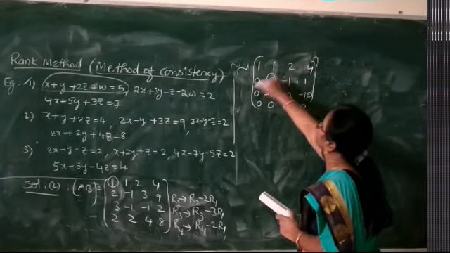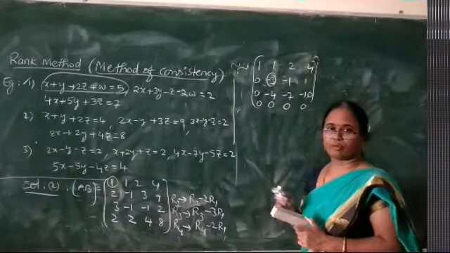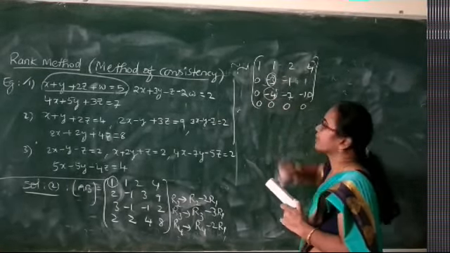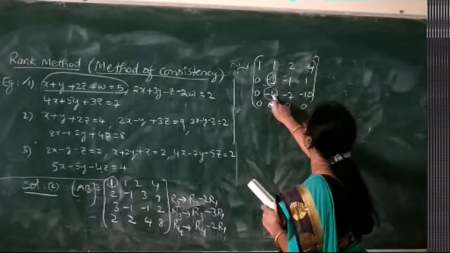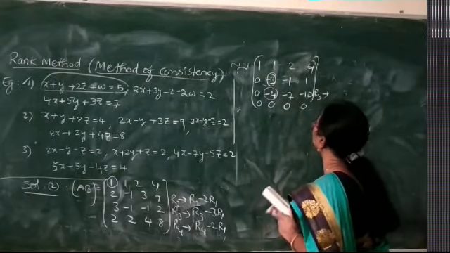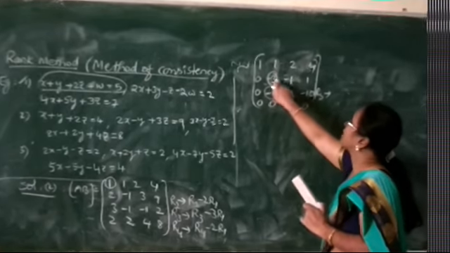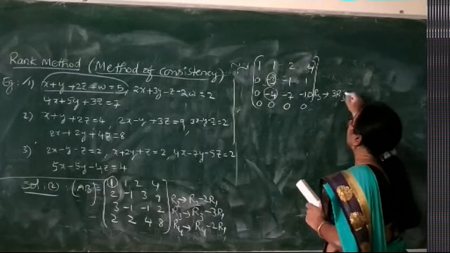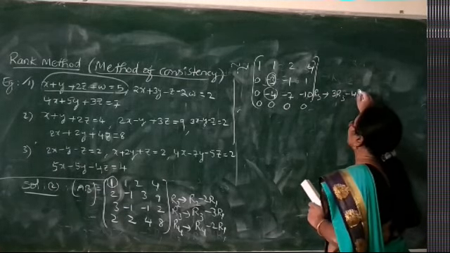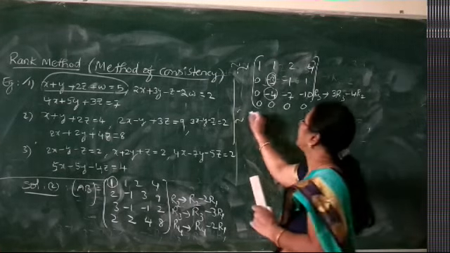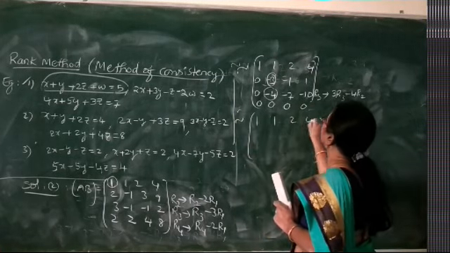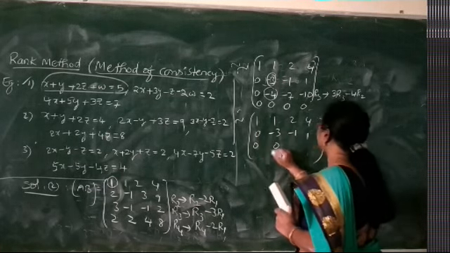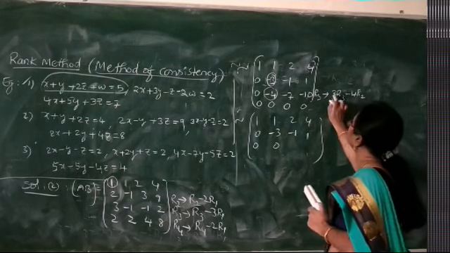Now look at the second pivot. So far we did not get the echelon form. So we are looking at the second pivot. Using the second pivot, this minus 4 has to become 0, which is in R3. So we have R3 becomes this 3 multiplied here and this 4 multiplied here. We get 12 minus 12. It is 3 times R3 minus 4 times R2. We get the equivalent matrix: 1, 1, 2, 4, 0, minus 3, minus 1, 1. It is 0, 0. We have 3 times R3.